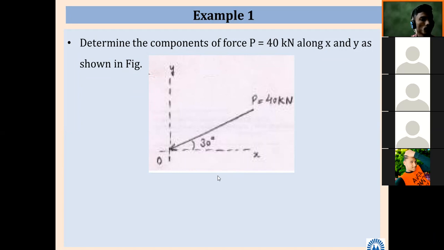Now, force P is given. How much is it? As far as force is concerned, as we discussed, what we require is magnitude. Whether magnitude is given for the force, yes, it is 40 kilonewton. Whether the direction of force is known, yes, the arrow is showing the direction of force. Okay. So yesterday I told one thumb rule or one basic rule. How to check in which quadrant this force lies? So what was that rule? In which quadrant does this force lie?